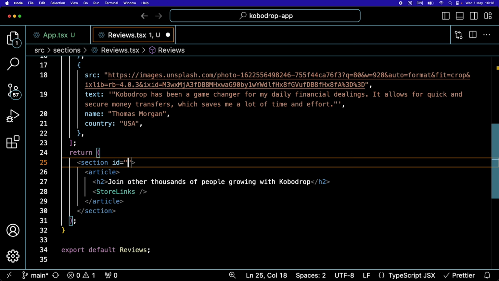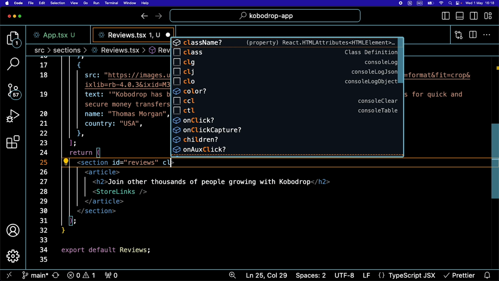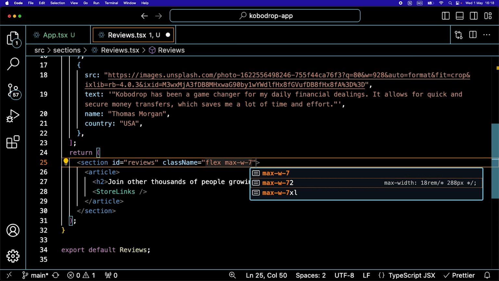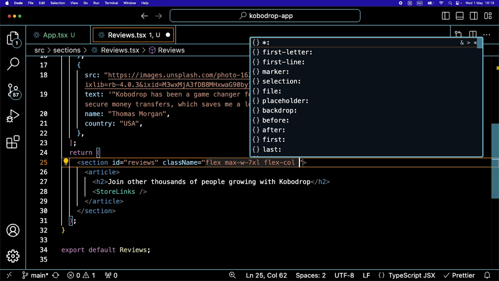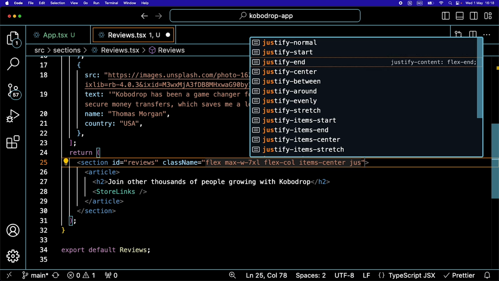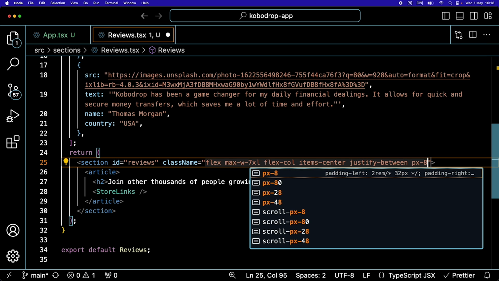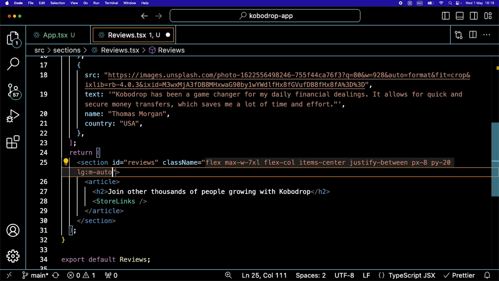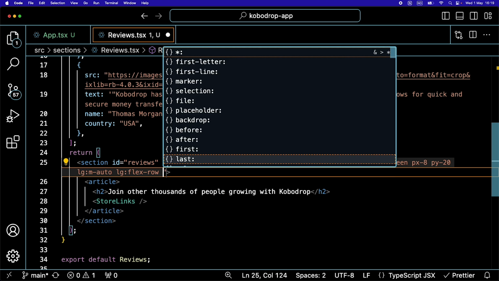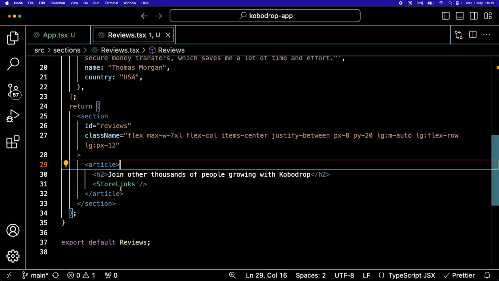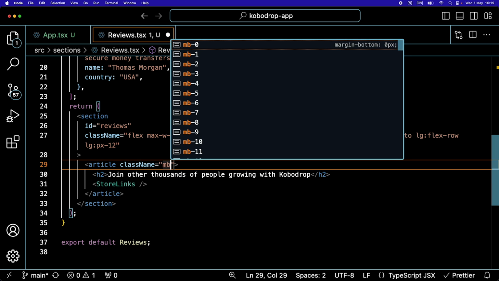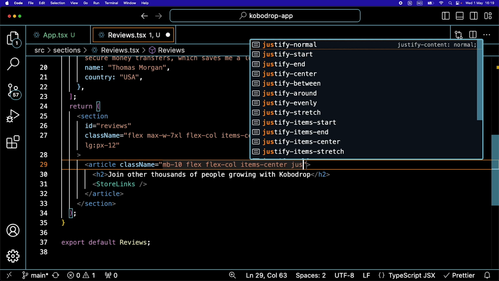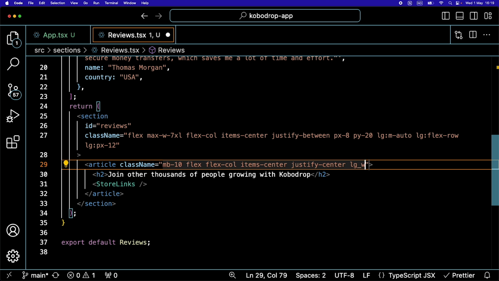Then this section is going to have an ID of reviews, so we can click to it. It's going to have a class of flex and max width of 7XL, flex column, items center, justify between, PX8, PY20, LG M auto, LG flex row, and LG PX12. Then the article is also going to have a class, MB10 flex and flex column, items center, justify center, LG width 1.5,